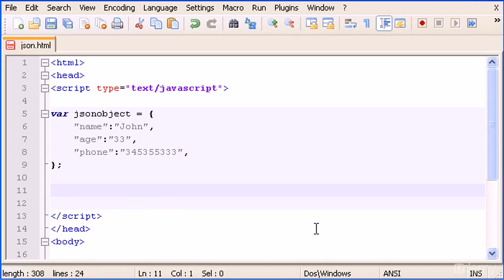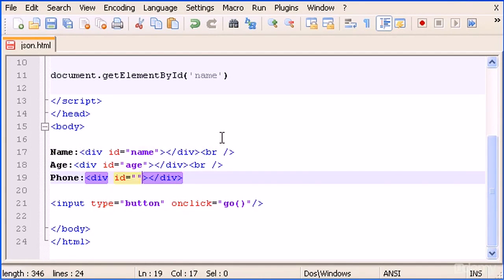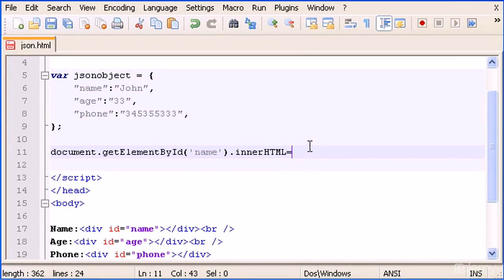and in here I'm going to say document.getElementById, and this is going to be name, which is this one here. Let's type here name, age, and phone. So name.innerHTML equals the name of the variable that holds the JSON object. So JSON object,